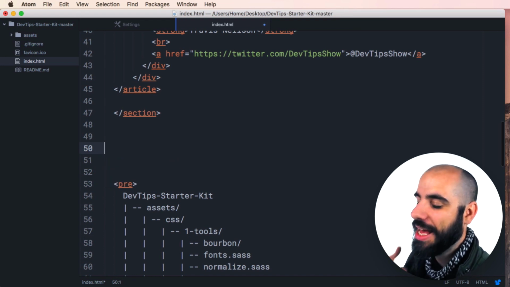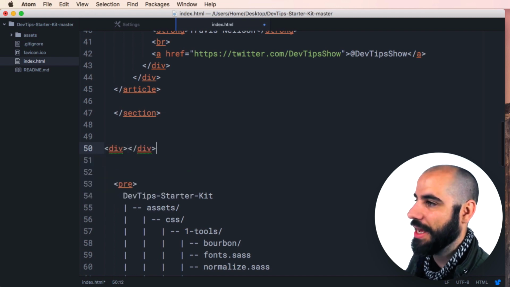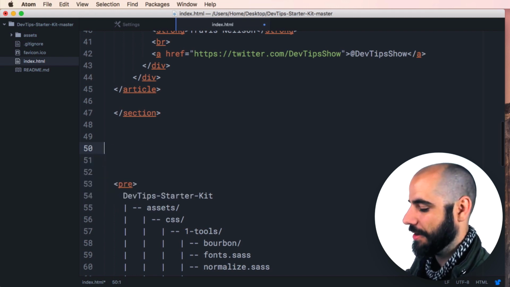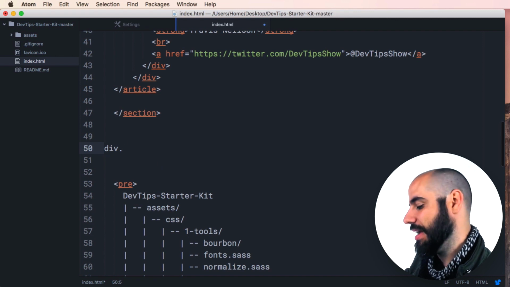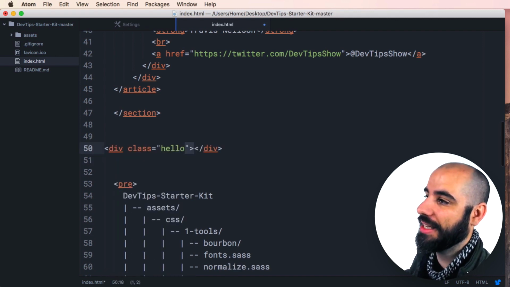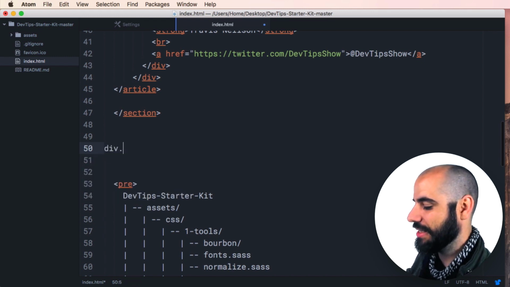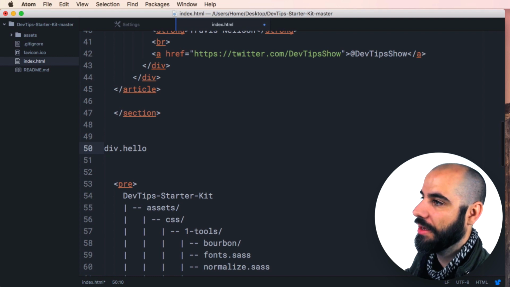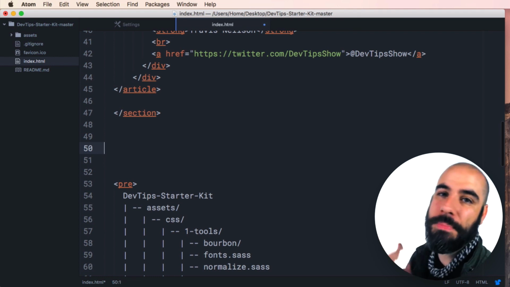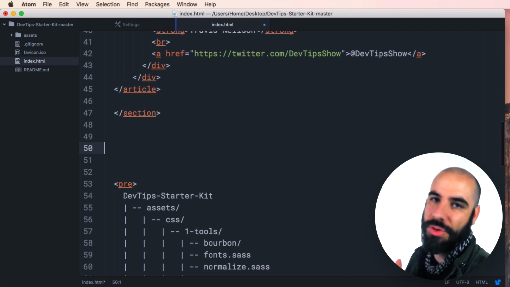All right, but it's more powerful than that. Not just div and expanded, but you can say div class hello. And then when you expand it, it has the class of hello in it. So you see the syntax, it looks kind of like CSS. And expand it and it turns into regular HTML. But you can actually create pretty complicated strings here, and it will expand into pretty